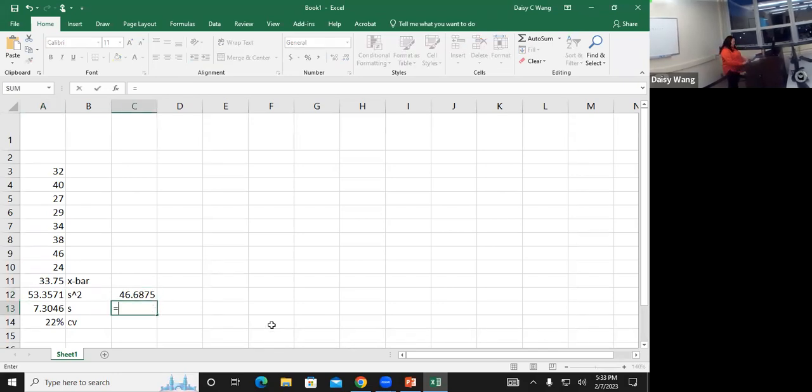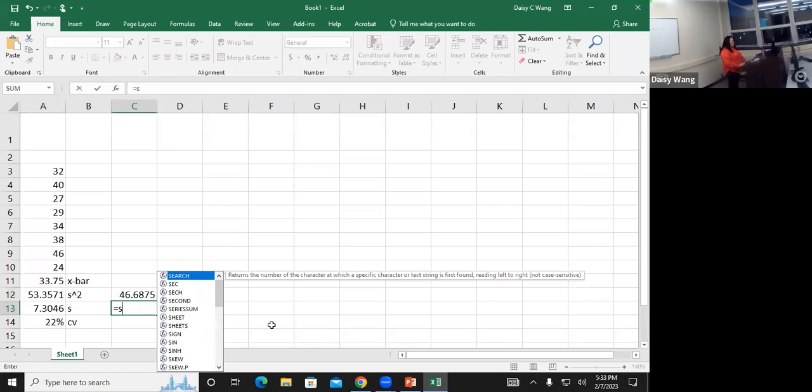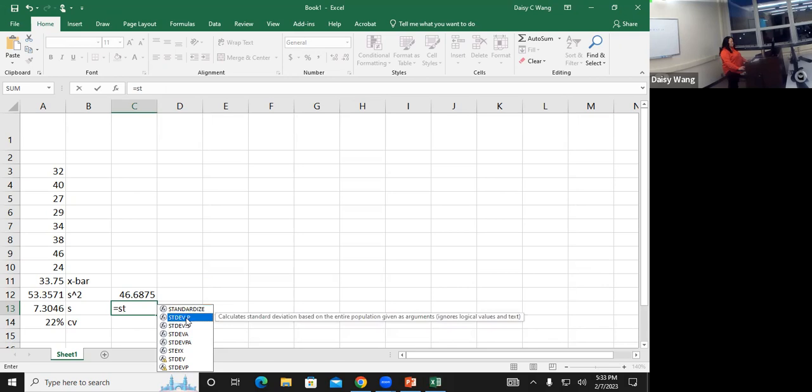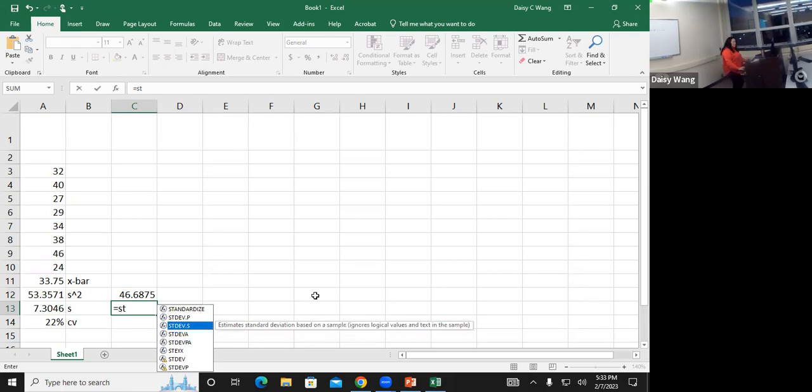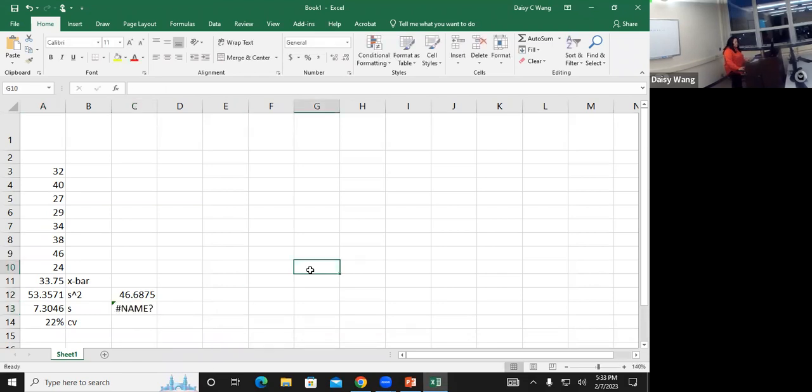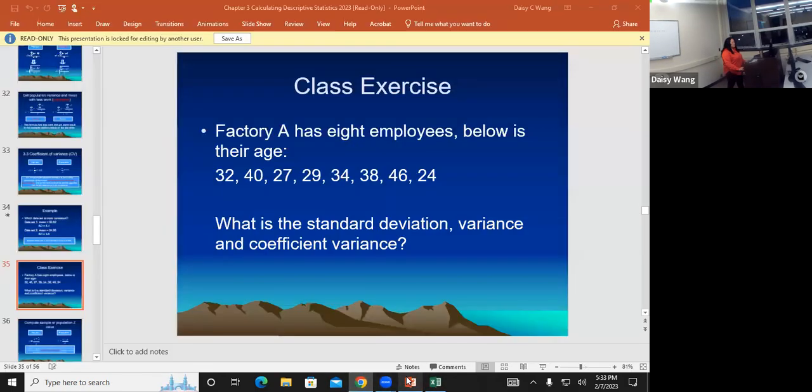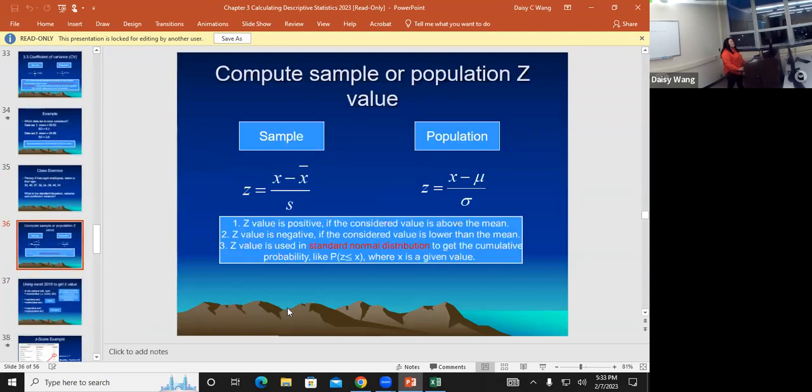Same as the standard deviation. If you type in ST, they have this one based on the population, and this one based on the sample. Okay, so that's it. So this is the coefficient of variation. And then the next thing is